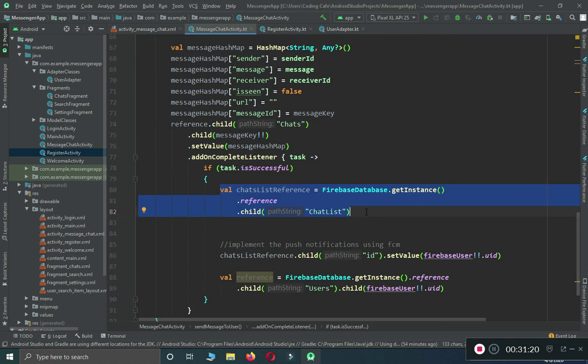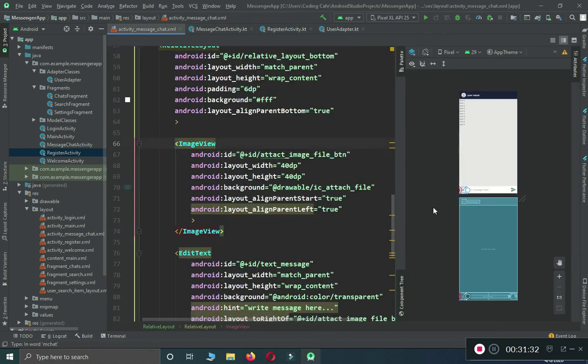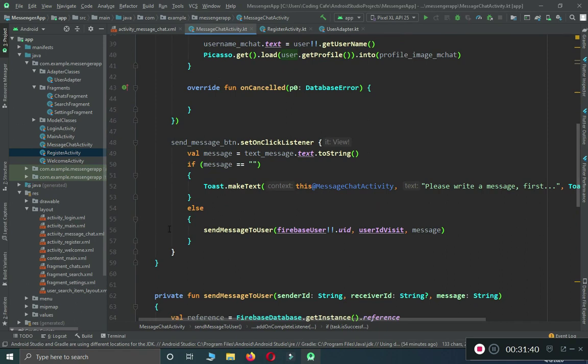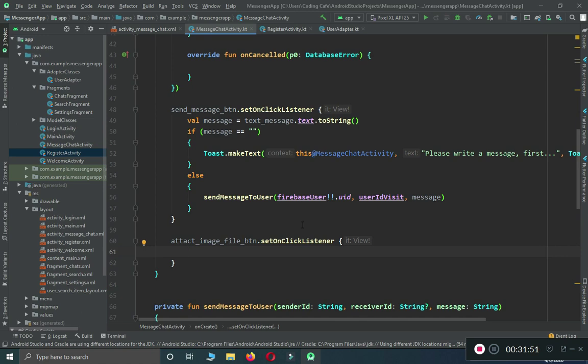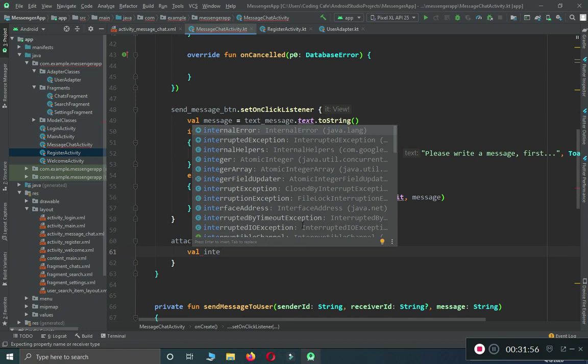Now the next feature in this tutorial is to send an image file to the receiver. For that, a user will obviously click on this file icon. So let's get the ID of this, copy this ID, come here to the message chat activity, and below our send message button inside onCreate, we can set a click listener on it. If a user clicks on it, we want to send the user to the mobile phone gallery. So we can say, val intent equals to